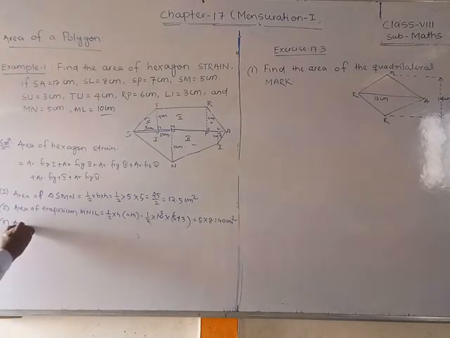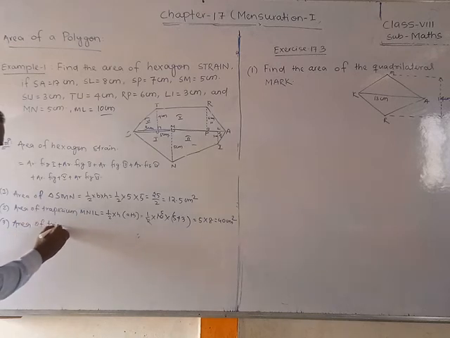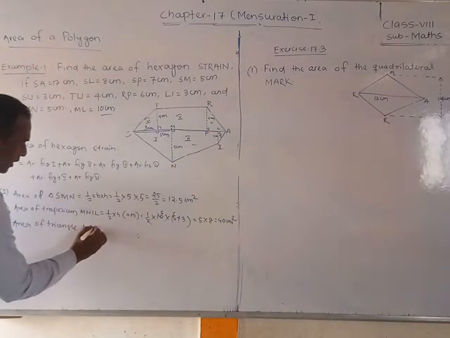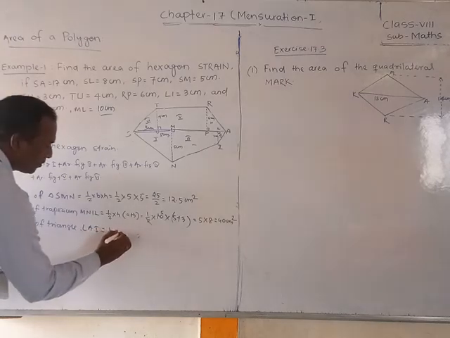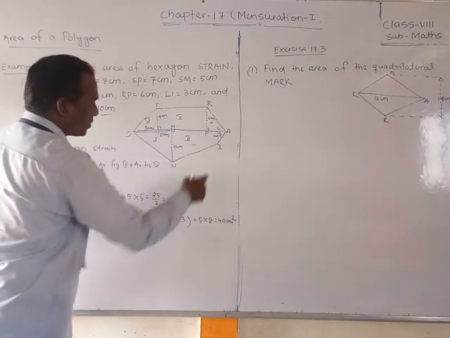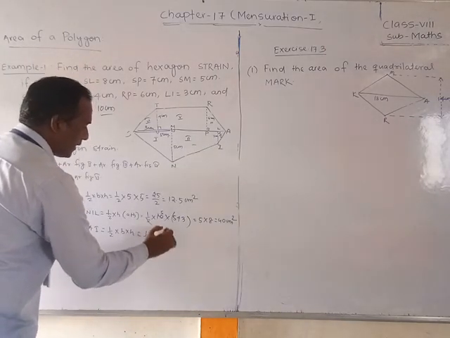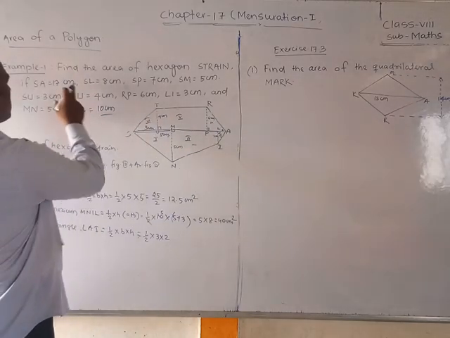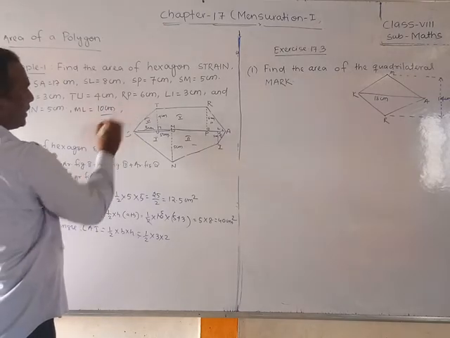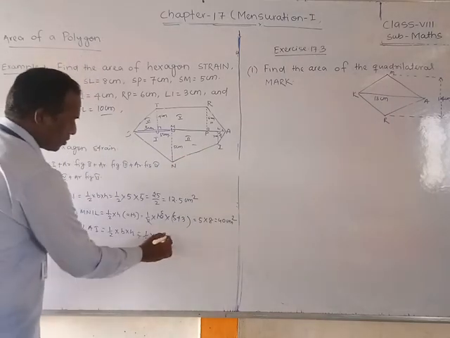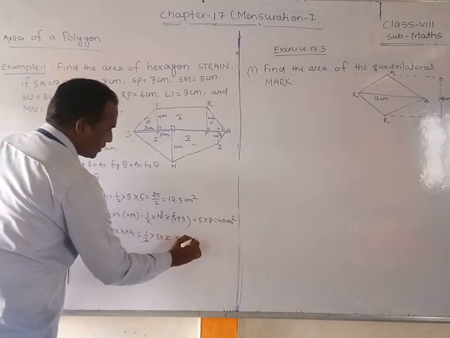Third, area of triangle LAI is equal to, what is that? Half into base into height. Half into base, how much, friends? Suppose 3 centimeter, height how much? 2 centimeter, because already you have taken L is equal to 2 centimeter, because total is 17 centimeter, so we will get L is equal to 2 centimeter. Total 17, this 15 will go, this is 2 centimeter. So 2 cancels, which means 3 centimeter square.